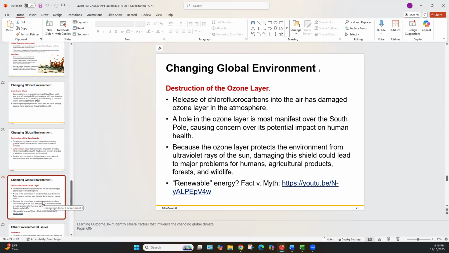I'm sure all of us have probably heard a little bit about the ozone layer and the hole in it. But this was kind of big news in the 80s when it was first discovered. From my understanding, I don't think the hole has increased very much. So the cause could be a little gray area, but I don't want to speak out of turn. I could be wrong, but I kind of recollect hearing something about that.